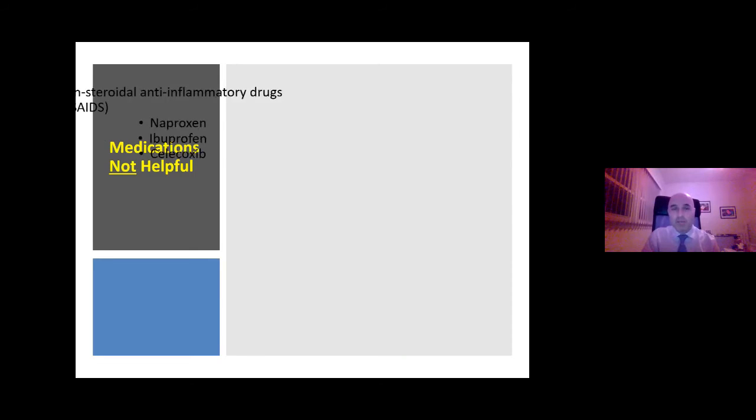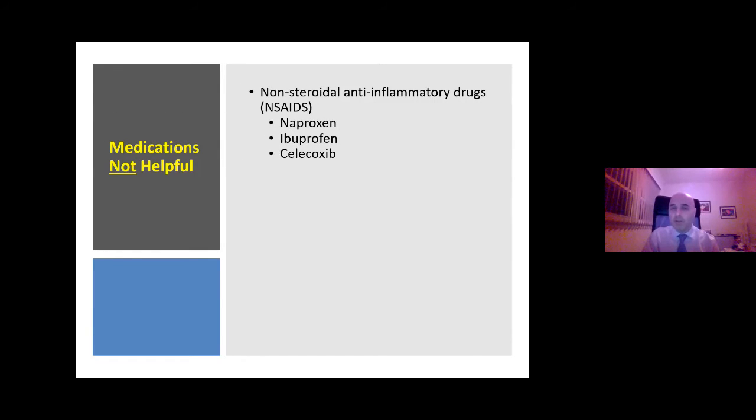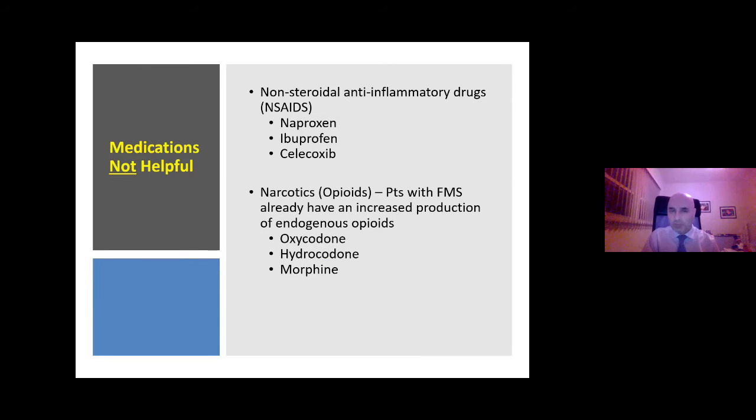Let's talk about medications that are not helpful. So NSAIDs, naproxen, ibuprofen, Celebrex, meloxicam, Motrin, Advil, Aleve, they don't work for fibromyalgia. Narcotics, specifically opioids, oxycodone, hydrocodone, morphine, so Percocet, Vicodin, do not work for